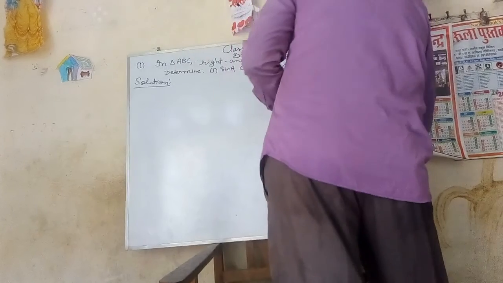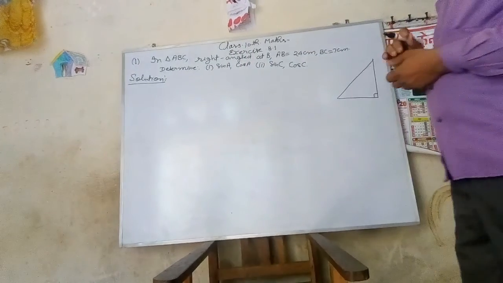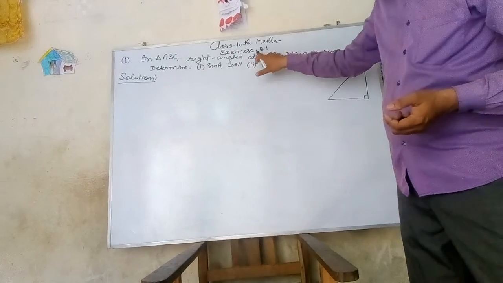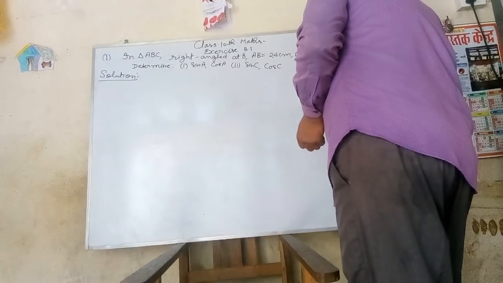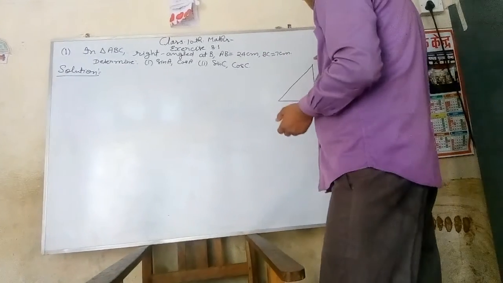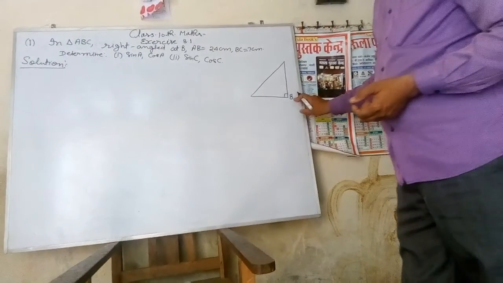How will you name this triangle? Given that right angle at B, so the vertex of the triangle where 90 degree, right here B,